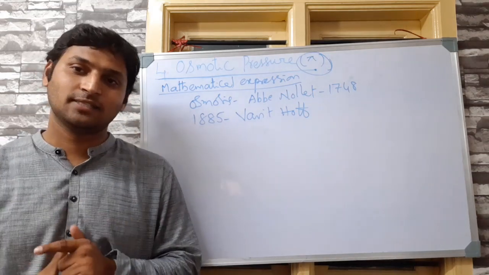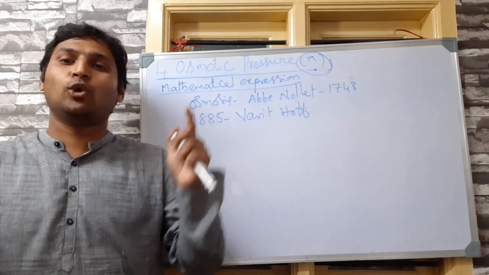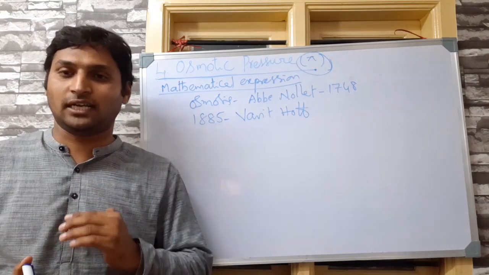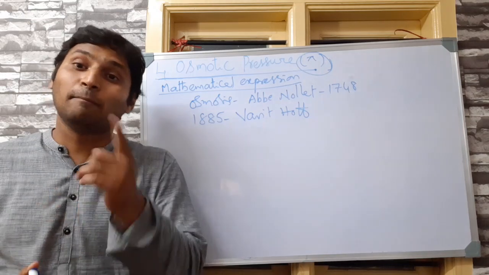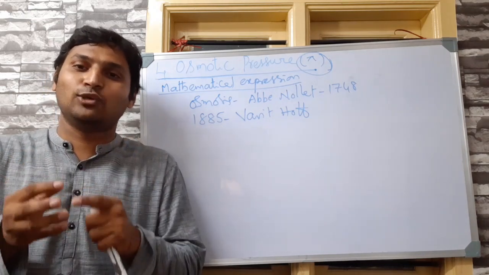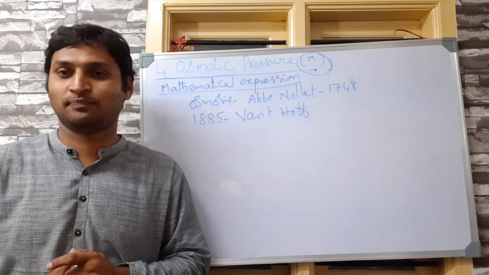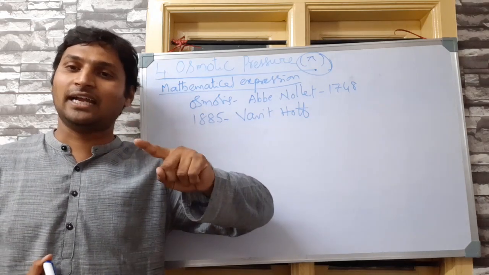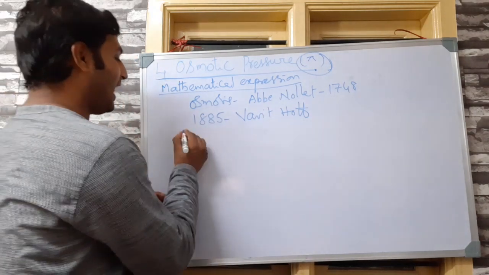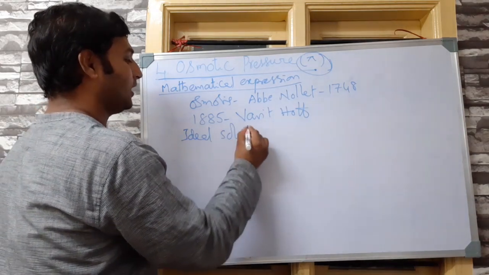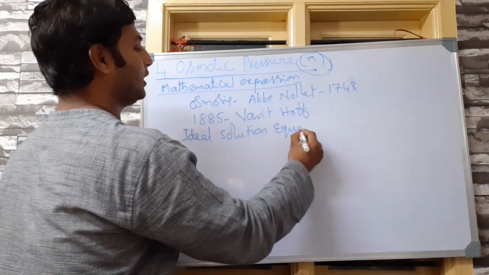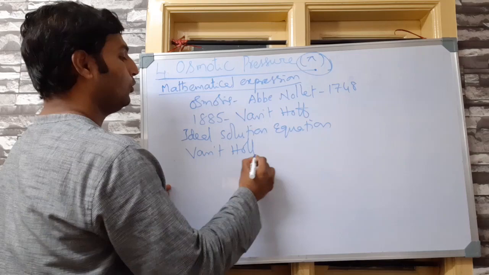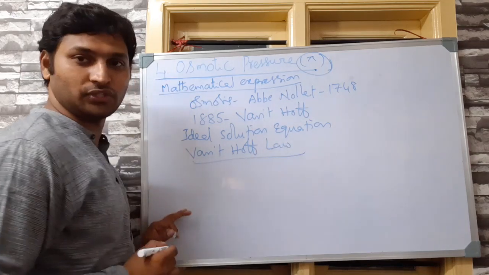What Van 't Hoff says is, like gases under very low pressure and very high temperature behave ideal, solutions with very low concentration, which we call dilute solutions, behave ideal. So you can call dilute solutions as ideal solutions. Because dilute solutions behave ideal, like you have an ideal gas equation, you can have an ideal solution equation, which is otherwise called Van 't Hoff's law for ideal solutions.